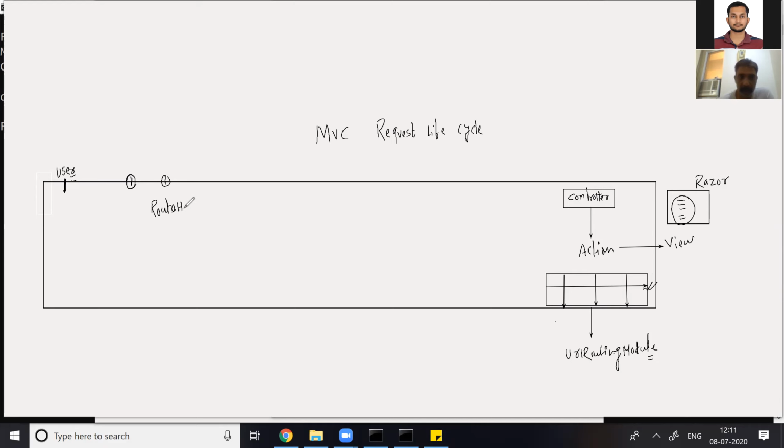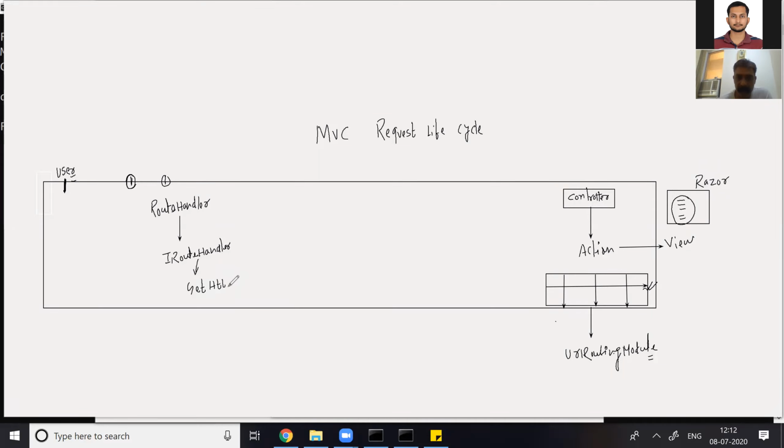So what is the role of a route handler? The route handler class internally implements the interface called IRouteHandler. The IRouteHandler interface has a function called GetHttpHandler.